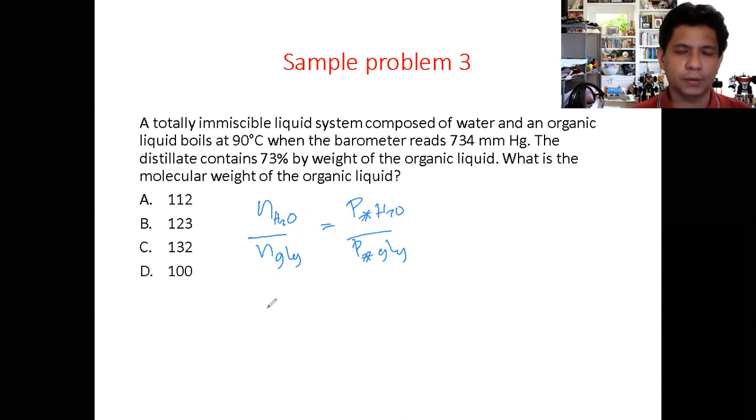So this would be x divided by 18, we need to find the number of pounds of water, and then 1 divided by 92. And then P star water, that would be 99.57 minus